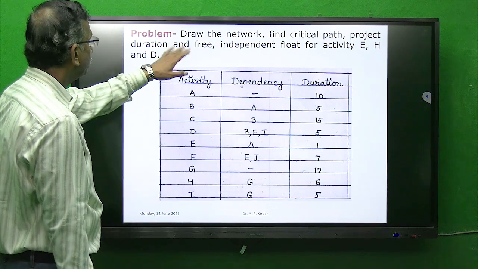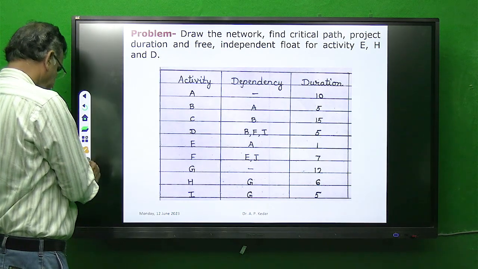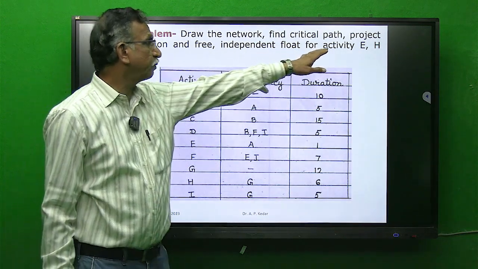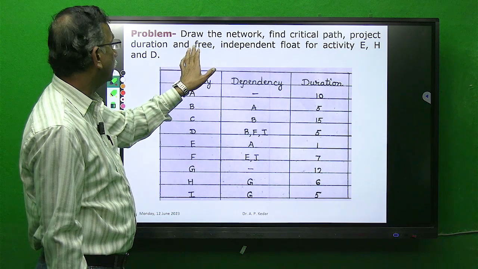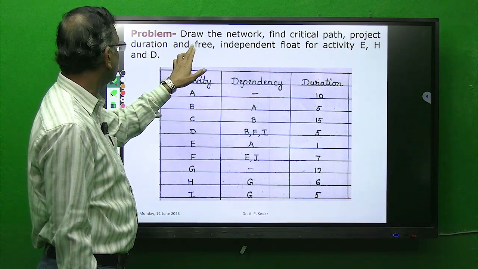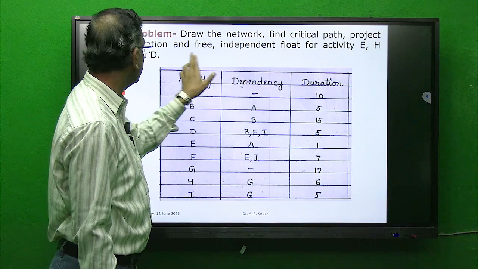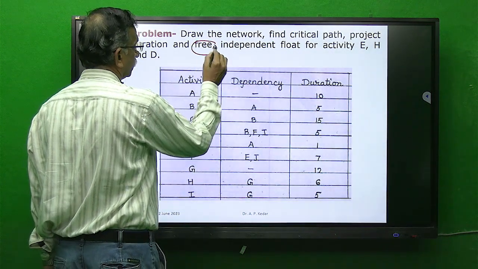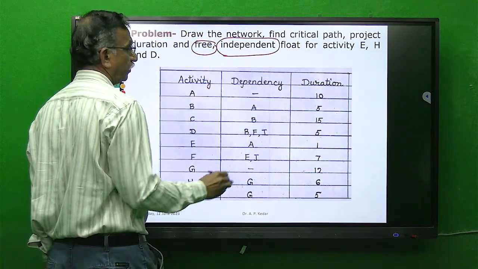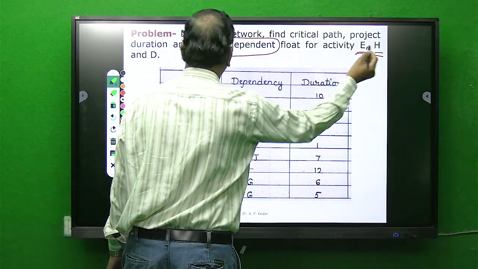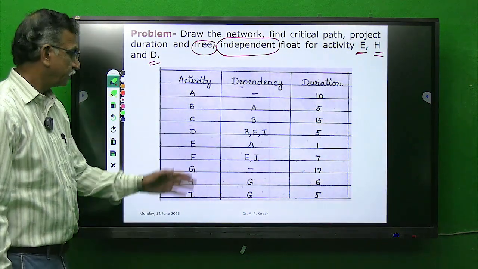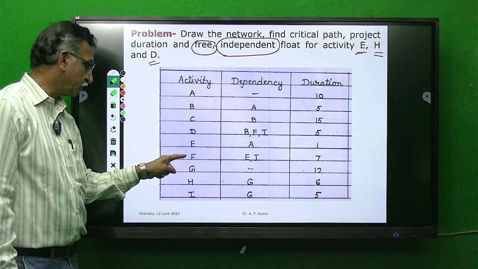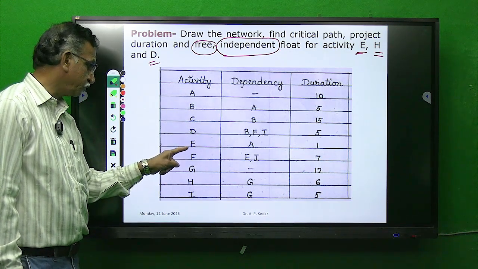See, this is a problem. Draw the network. Find the critical path. Total project duration. Free and independent float for activities E, H and D. Now here, specifically, free float and independent floats were asked only for these activities. This can be the nature of a problem. There are so many activities. This project consists of 1, 2, 3, 4, 5, 6, 7, 8,